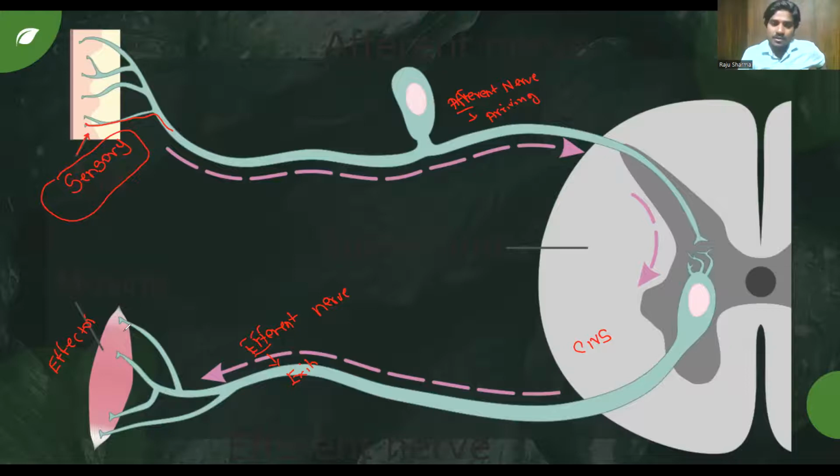The different components of the peripheral nervous system? Yes sir. ठीक है, और अपने को पता है कि सेंट्रल नर्वस सिस्टम का कंपोनेंट्स क्या होता है? स्पाइनल कॉर्ड एंड ब्रेन। चलो फिर नेक्स्ट जो अपना है